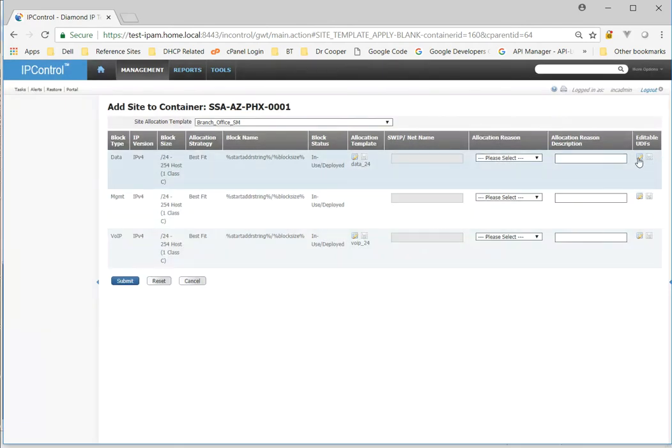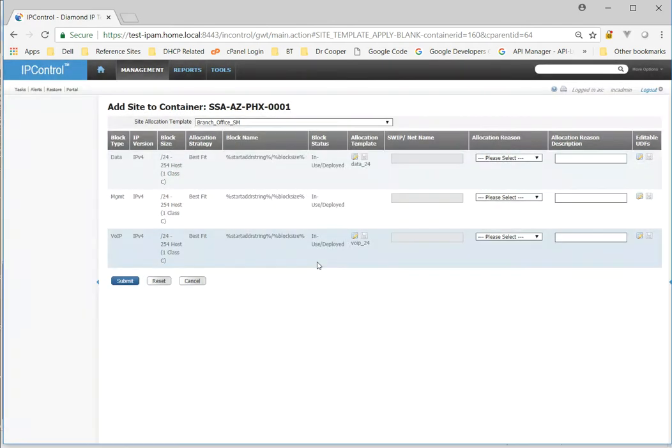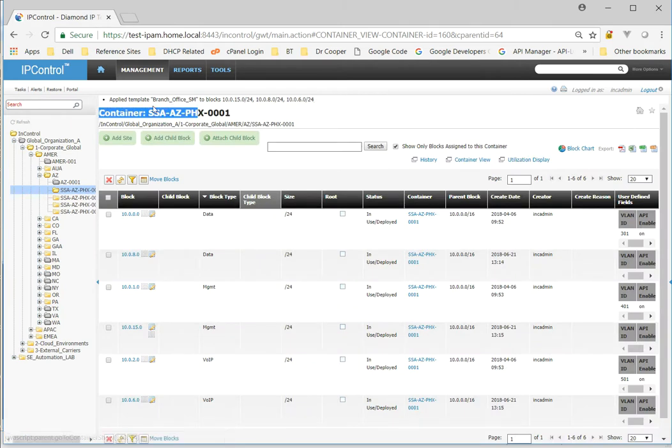And I can also define user-defined fields if I wanted to manually create those as an administrator as I'm defining the site. I'm going to leave those empty. I just want to quickly do this to show you. And so what IPControl is effectively doing is following the block allocation policies to determine the next available based on the block type. And once that's defined, it's going to create those IP subnets,